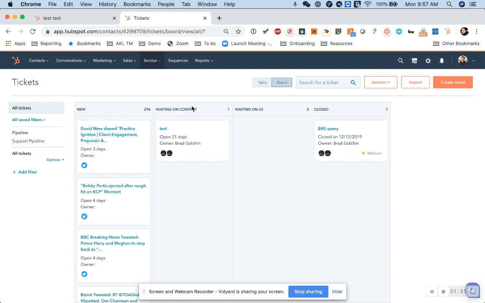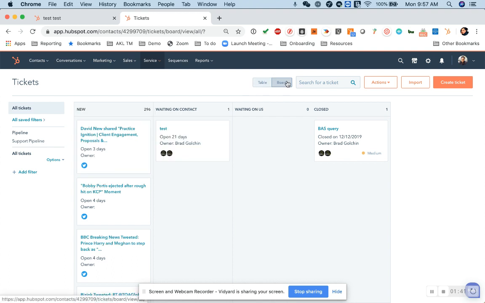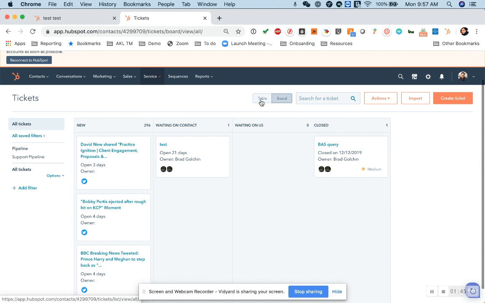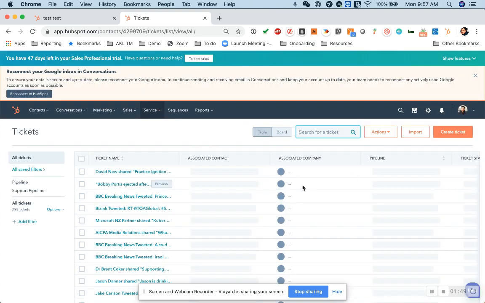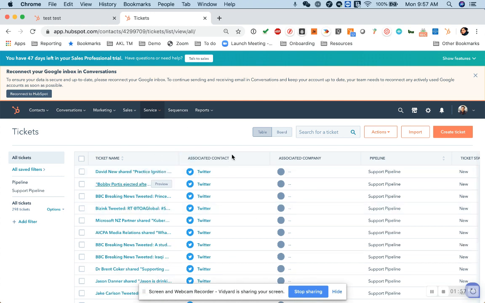And similarly, as in the case of a contact and a deal, we can simply drag and drop to change the status of these tickets. And we also have the table view and the board view. So right now we're looking at the board view. If you want to click on the table view, this will list the tickets in a different manner, just like a list. Again, we can drag and drop these columns if you want to change the appearance of our view,